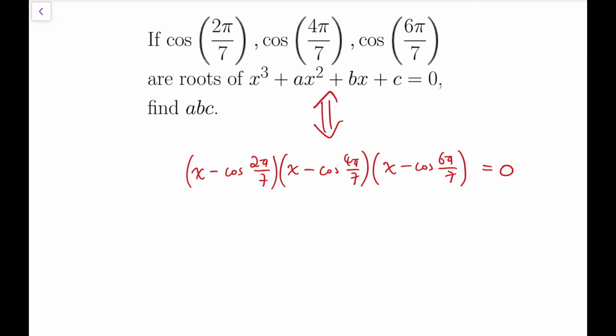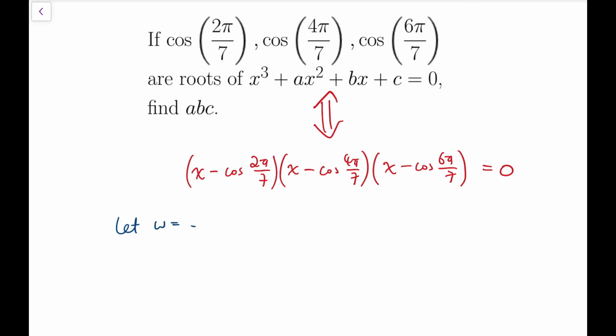So to find the values of a, b, and c, and hence their product, it is sufficient to find, for example, the sum of cosine 2 pi over 7, cosine 4 pi over 7, and cosine 6 pi over 7, or multiplying them all together, etc. To do this, we need to analyze what these cosine values actually represent. So let's consider